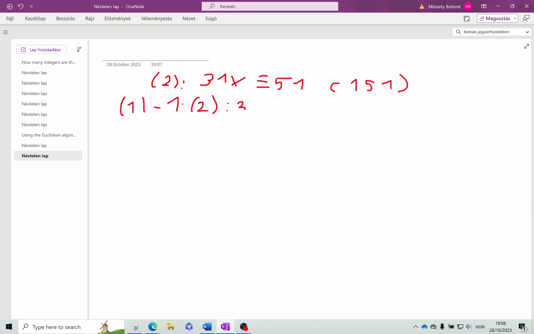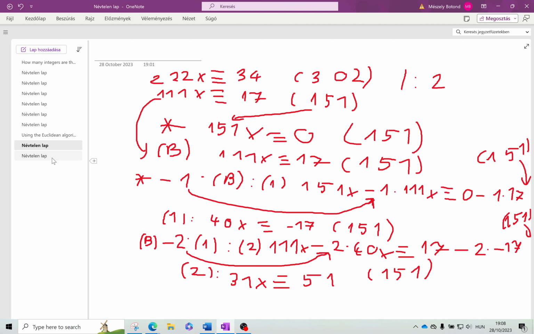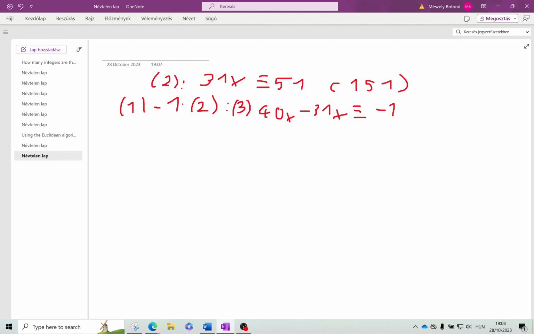We will call it 3, and basically it's 40x minus 31x congruent minus 17 minus 1 times 51 modulo 151,